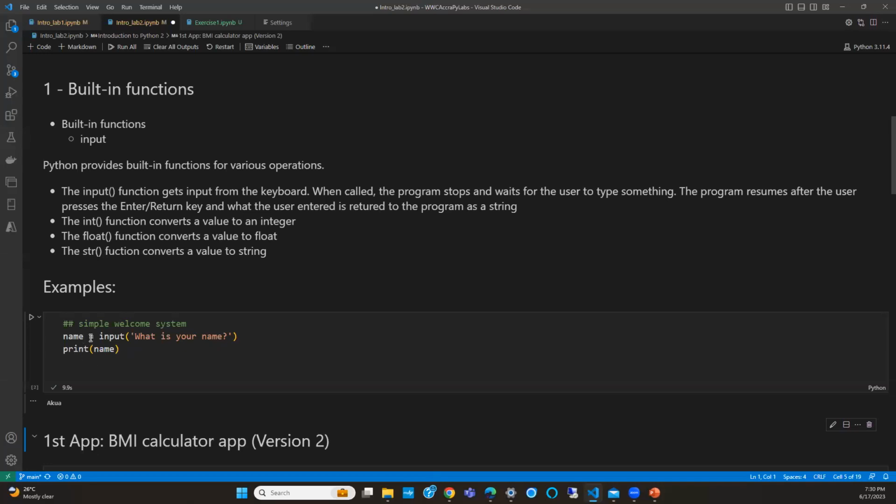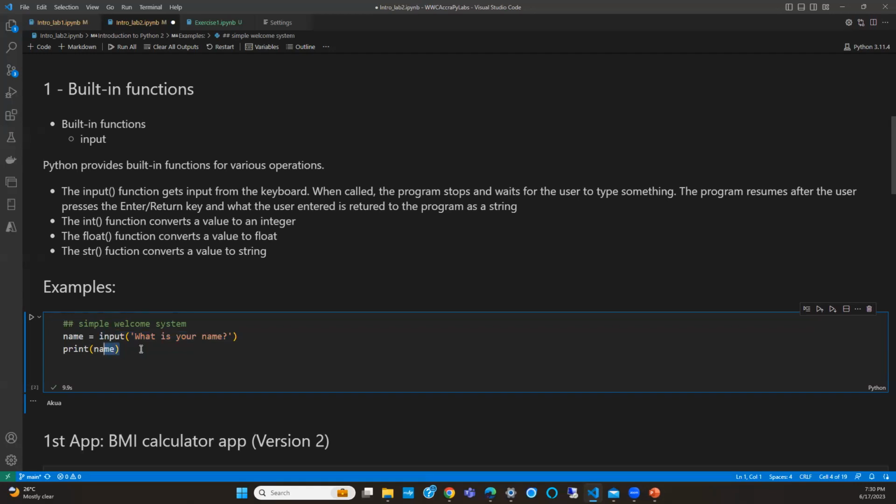Okay. And then what happens is the value that is received from the user, you get to store it. So that is returned to the program, right? Then you have to do something to it. So it's being returned to the program. You're storing it in a variable if you choose to. You can go straight into printing it directly without storing it in a variable, but most of the time you store it in some variables, right? So you store it in some variable and then you do whatever you want to do with it. Right? So it could be addition, it could be anything else. Okay. All right, so that's one aspect of that.